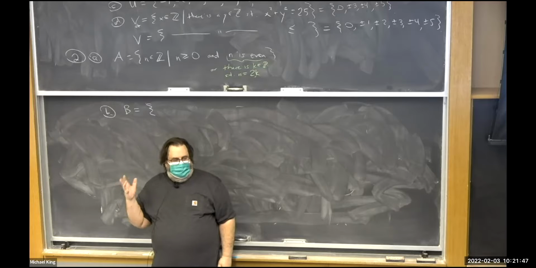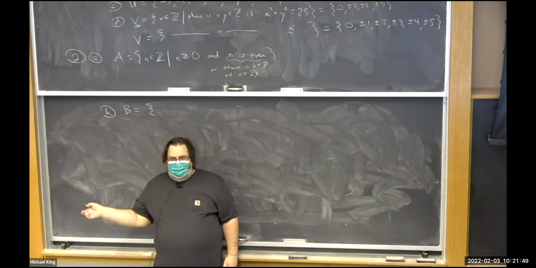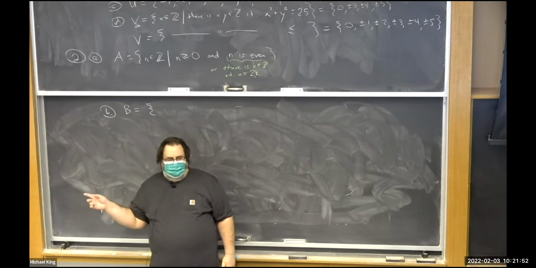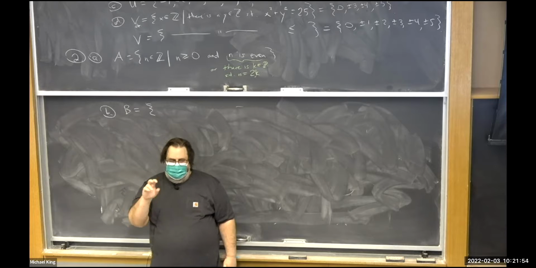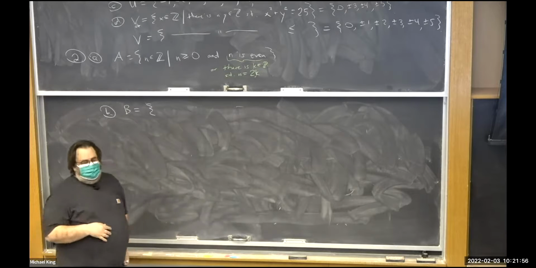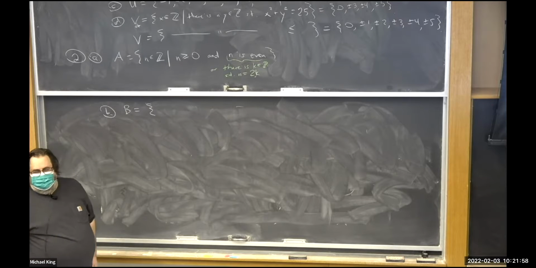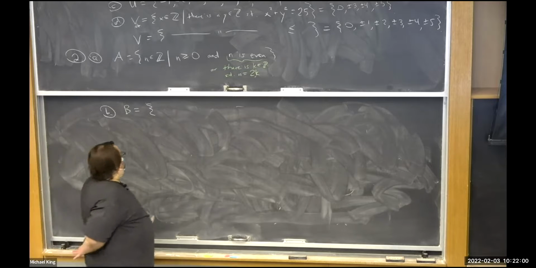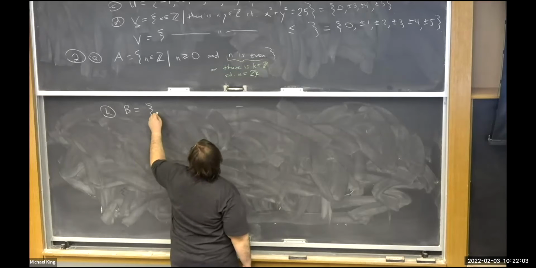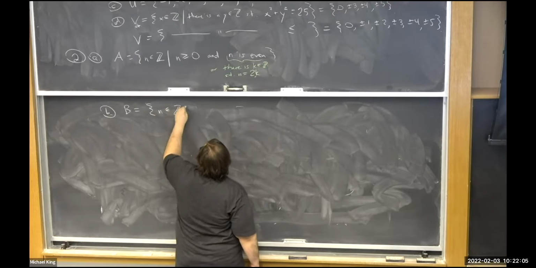I think of X and Y as continuous variables, and N and M as counting, whole number variables. The symbol doesn't matter, of course, but it's just kind of a thing. So I tend to write N or M or K. So let's just say N in Z such that,